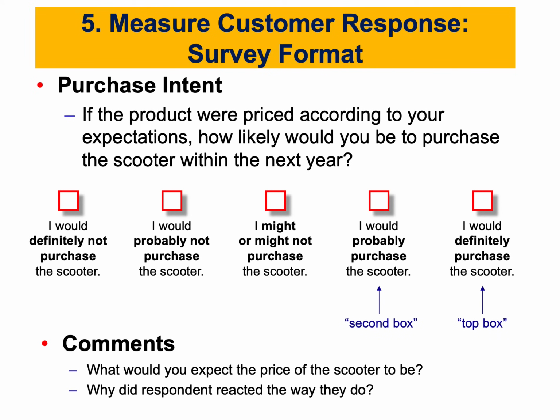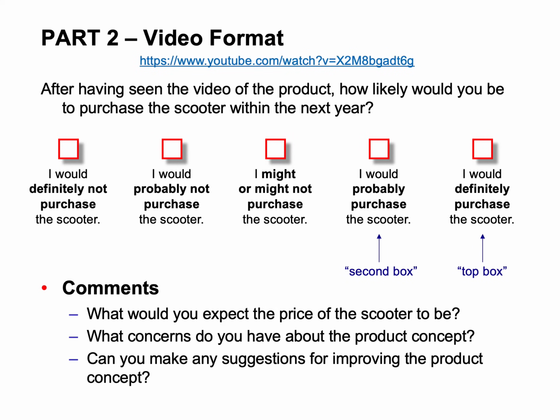So let's say customers filled this part of the survey. Remember, we have two parts. The first part was the screener questions, and then the purchase intent part. This is the second part. After that, we need to let them experience the product. So you have multiple ways. You can let them use the product. You can let them use the prototype. You can let them watch a video.